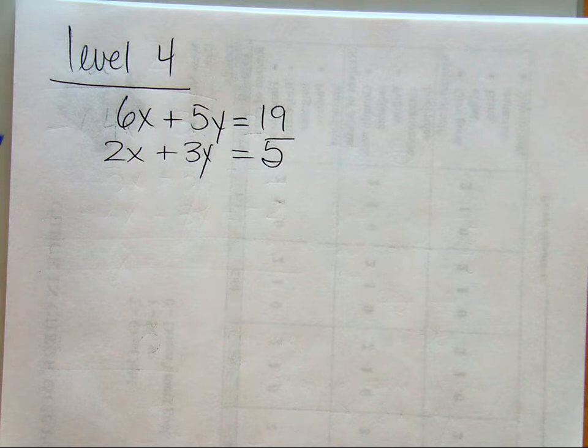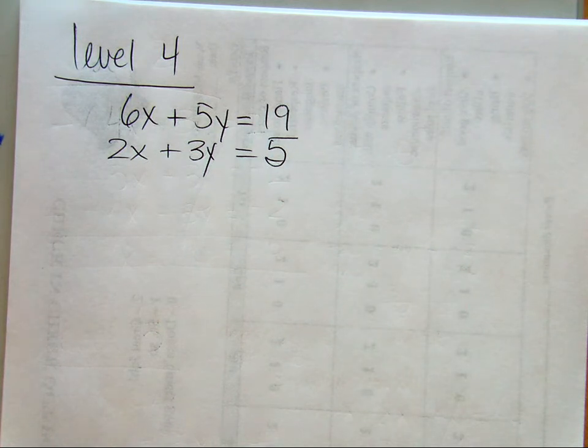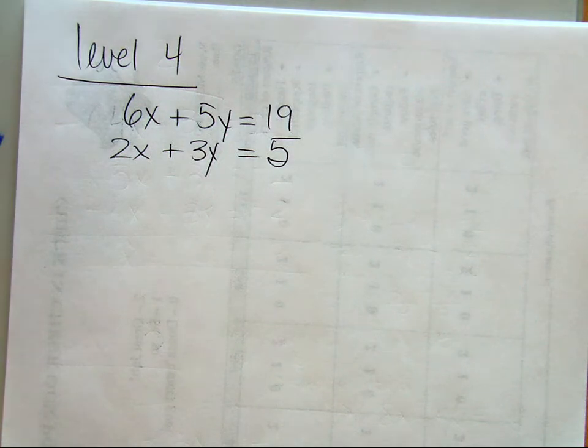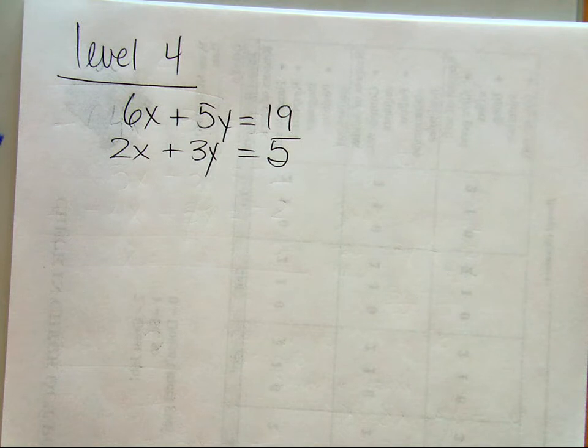So the first thing you have to do is decide which one you want to get rid of. You want to eliminate the x's, or do you want to eliminate the y's? And I'm not telling you which one you have to do. I'm telling you which one's a little bit easier. Which one's a little bit easier, Alex? The x's. Why? Awesome. He said because 2 is a factor of 6, basically. So all I need to do to turn that 2 into a negative 6 is multiply everything by a